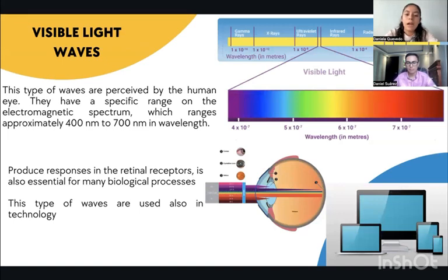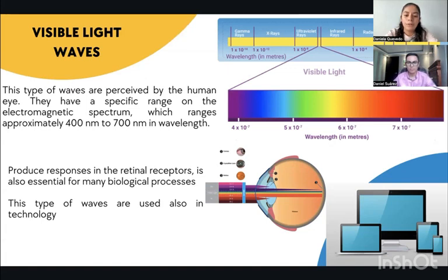Visible light waves are a form of electromagnetic radiation that is perceived by the human eye. These waves fall within a specific range on the electromagnetic spectrum, which ranges from approximately 300 nanometers to 700 nanometers in wavelength. The visible light spectrum is made up of different colors, ranging from violet with shorter wavelengths to red